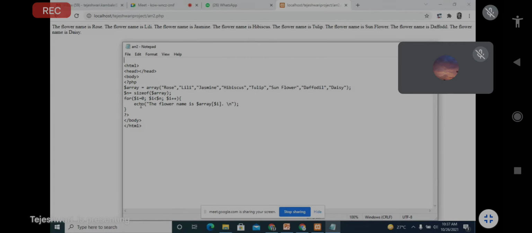If you see the same example that we discussed, first pass one variable, that is $array, equal to array, and in brackets you pass all the flower names we already discussed. Then $n is equal to sizeof($array). Why did we take this here? Because we want to find out the size of that particular array, and that will be stored in the $n variable.